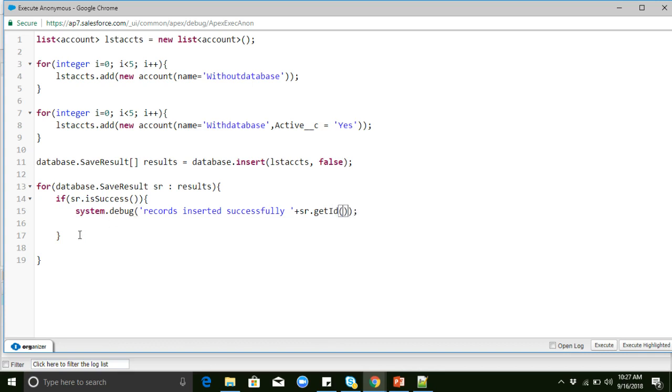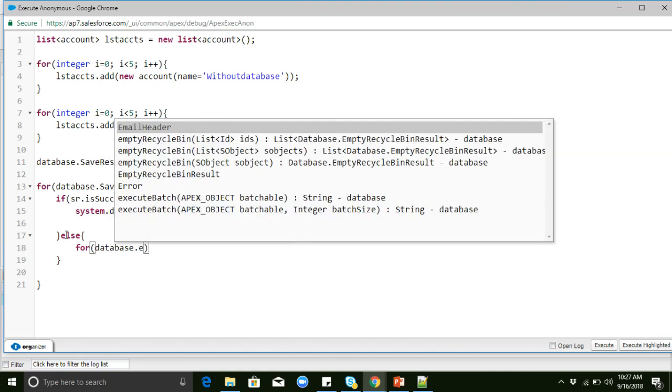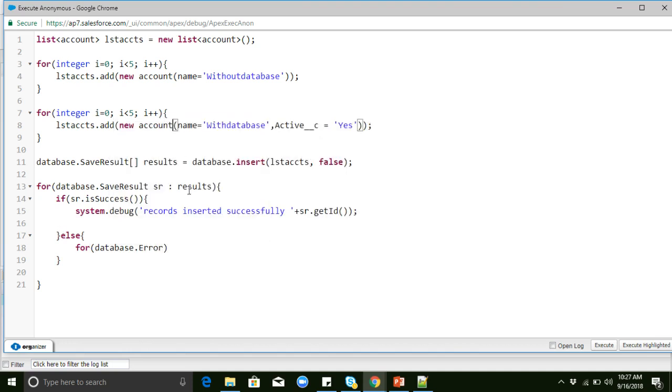Suppose the records are failures, then we have another object called Database.Error. We'll return those error records here: Database.Error err equal to sr.getErrors(). The getErrors method will return all the failure records here.